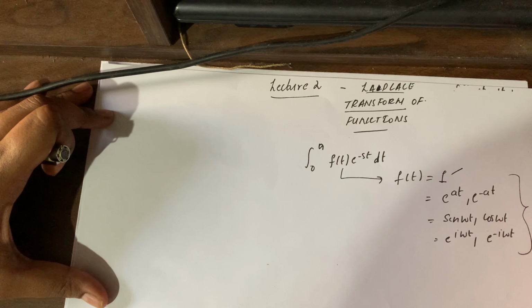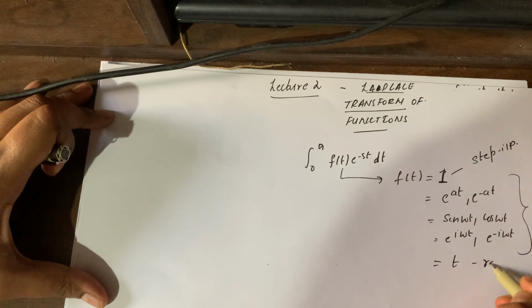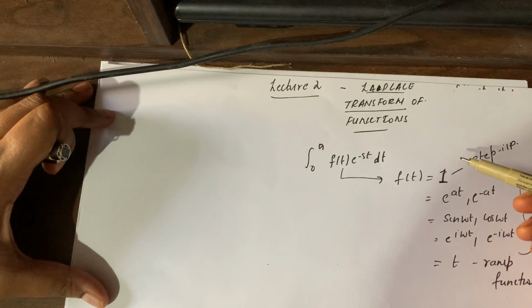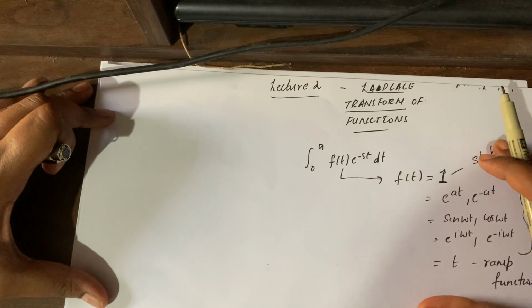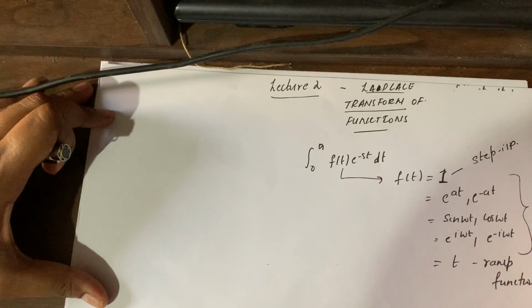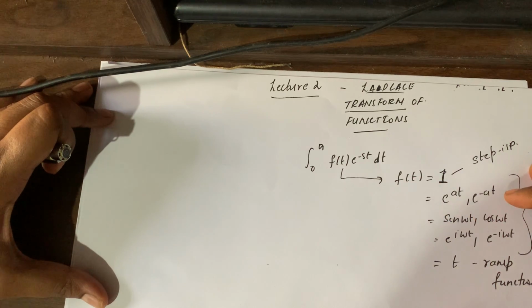Like you have this unity function that is actually called the step input. And one more function is a ramp function, that is t. So these are the likely Laplace transforms that you have to know, because these are the common functions that you'll see as an input source to a system, and we try to study the effects of this input on that system and how the output behaves. So this is the main importance of Laplace transform, because it actually tells you the system response to these kinds of input sources.